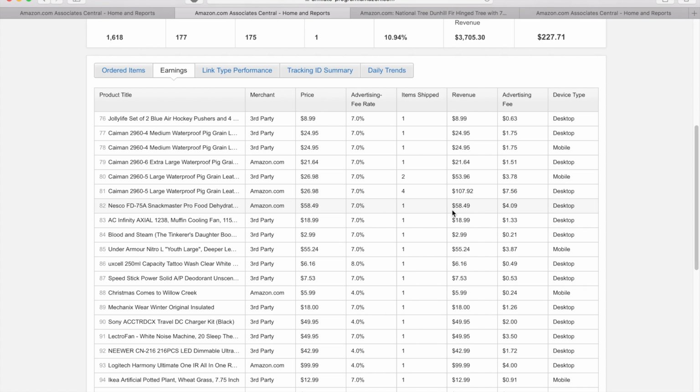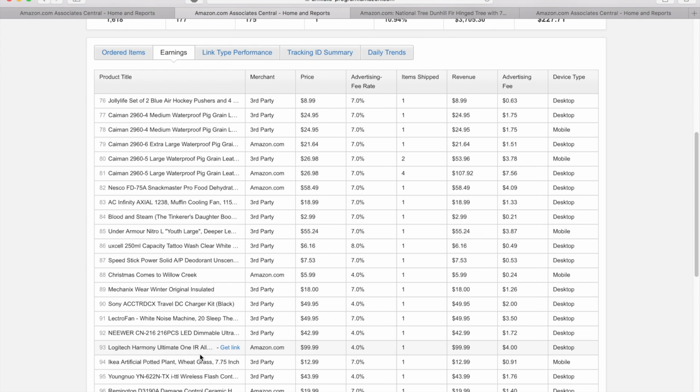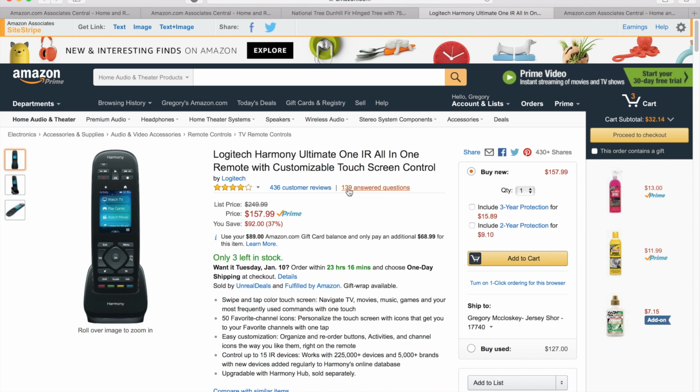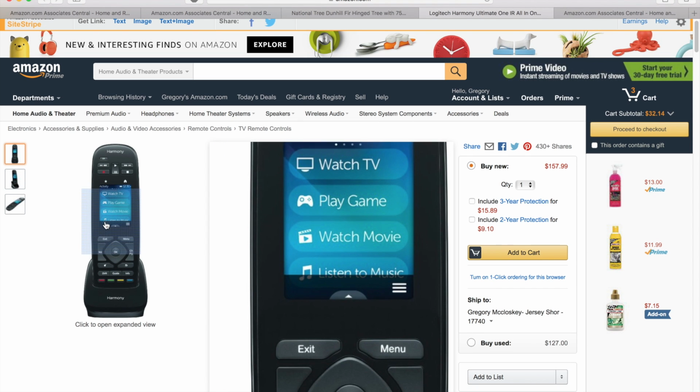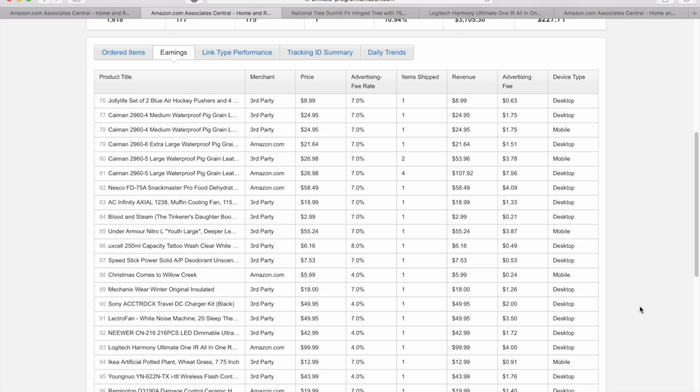Here is a food dehydrator. I don't know what that could be from. Just could be somebody clicking through, but that's $4. Here is an Under Armour, probably a sweatshirt or jacket, $3.87. Here is a Logitech. I'm not sure what this is, but let's click it just to see. I'm sure you don't mind if you're still here. Oh, it looks like some type of phone, or it's a remote. Okay, check that out. So someone bought a remote through there. Thank you for whoever that was.